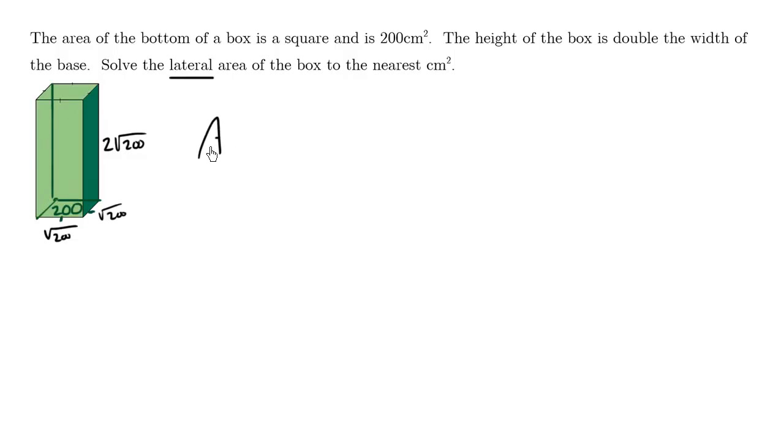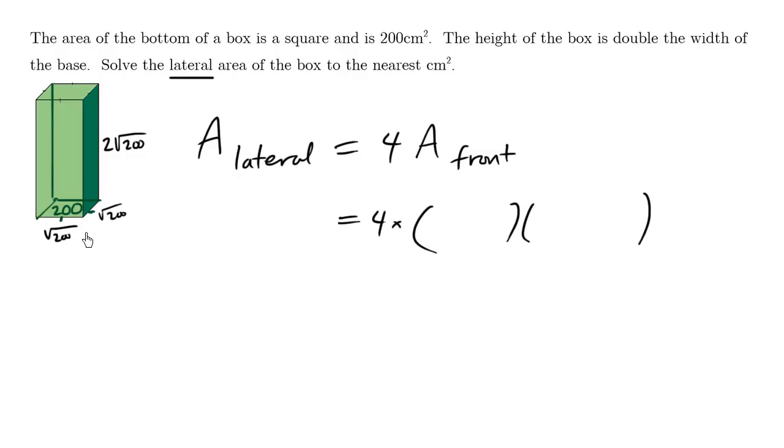So I'm going to say the area of the lateral is equal to 4 times the area, and I'm going to call this the front. What is the front? The area of the front is going to be the base, which is 2 square root of 200, times the height, which is 2 root 200. And so using your calculator,